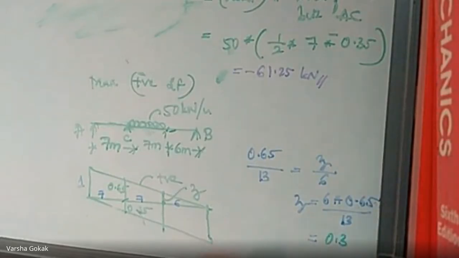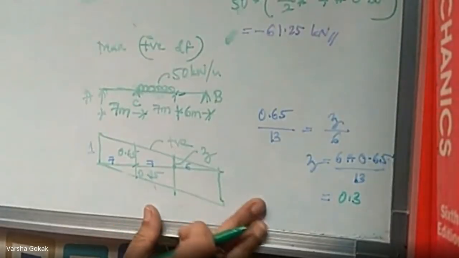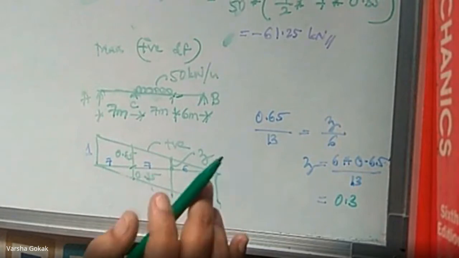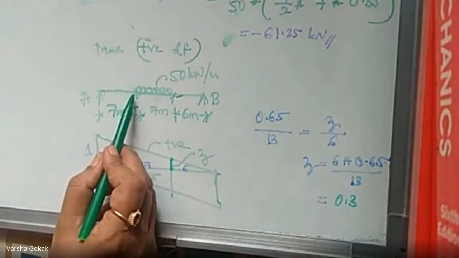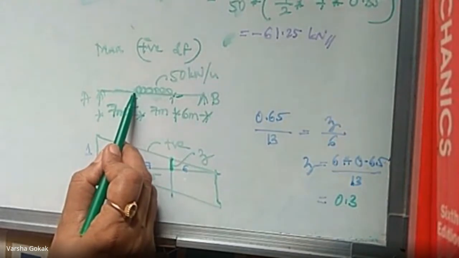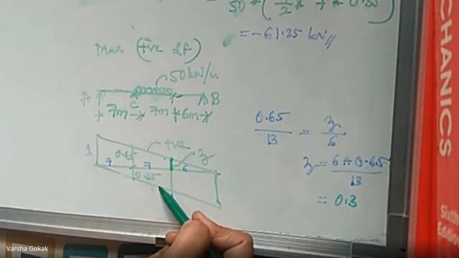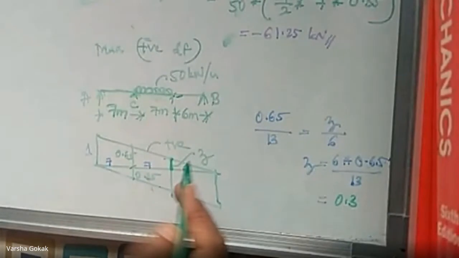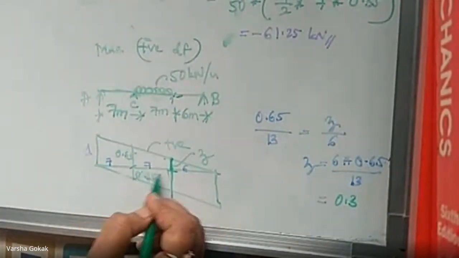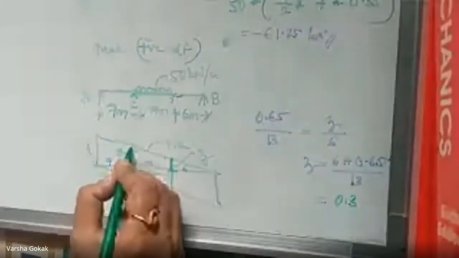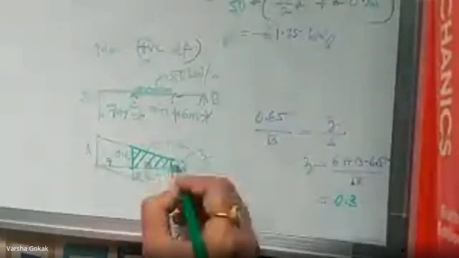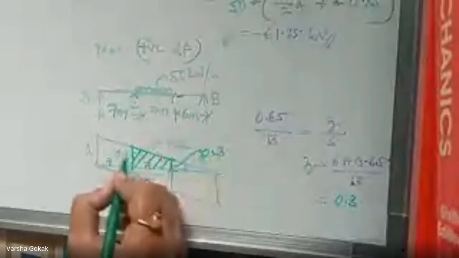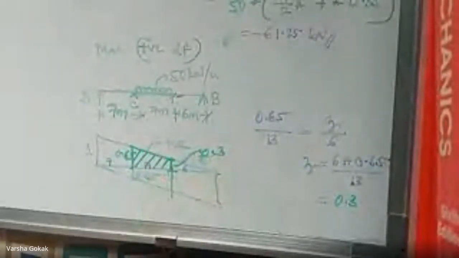0.3. This is going to be 0.3. Okay. So now I am interested in only positive, so I calculated only this. If they had asked me that keeping the head of the UDL at point C, get the positive and negative, that time I would also calculate this ordinate because I am interested in that area. But now we are interested only in positive shear force, so I require only this area. This value we found out now to be 0.3. This side it is 0.65. We are already aware of that.